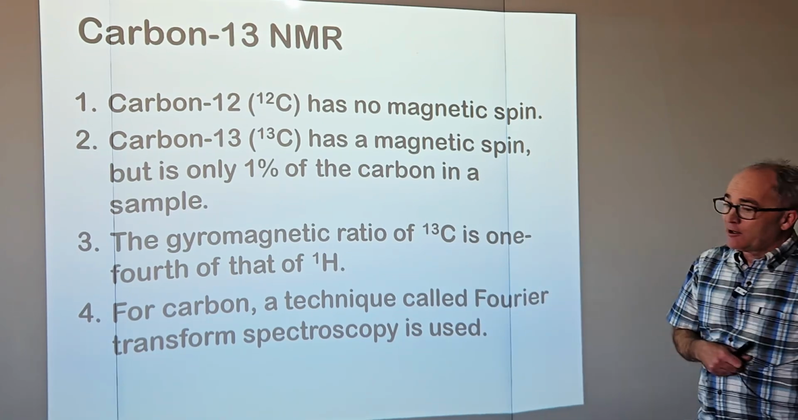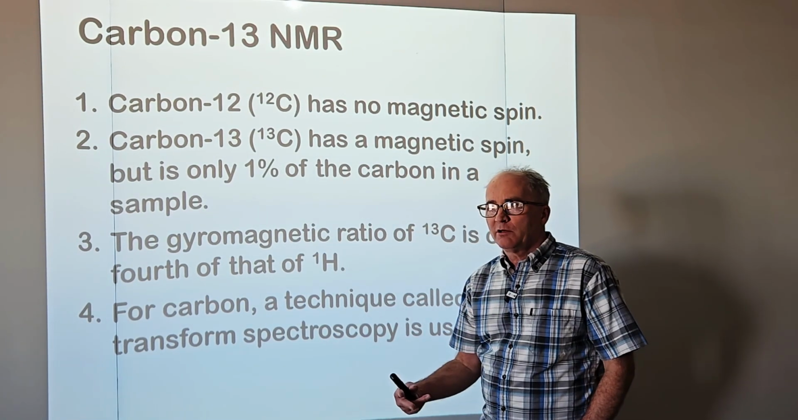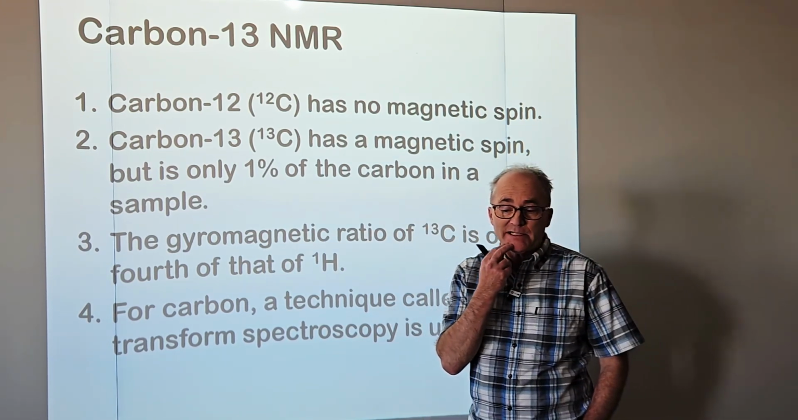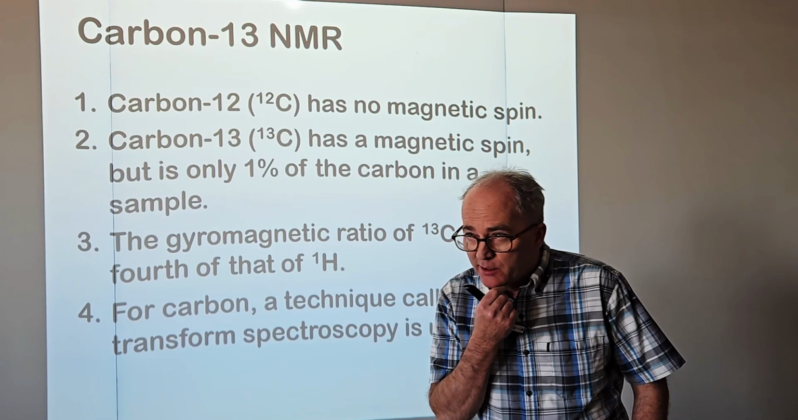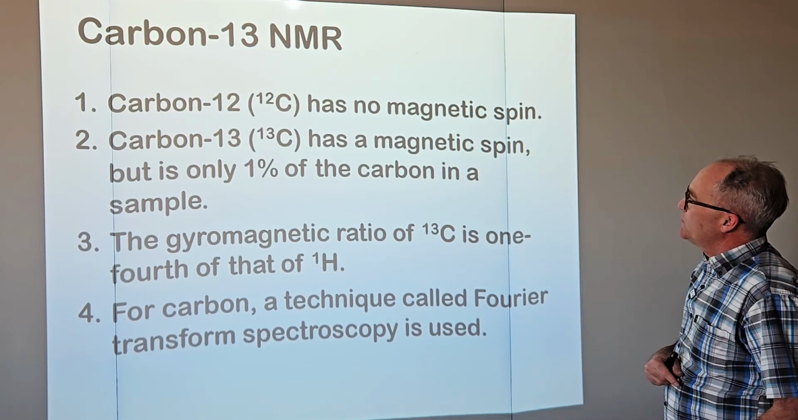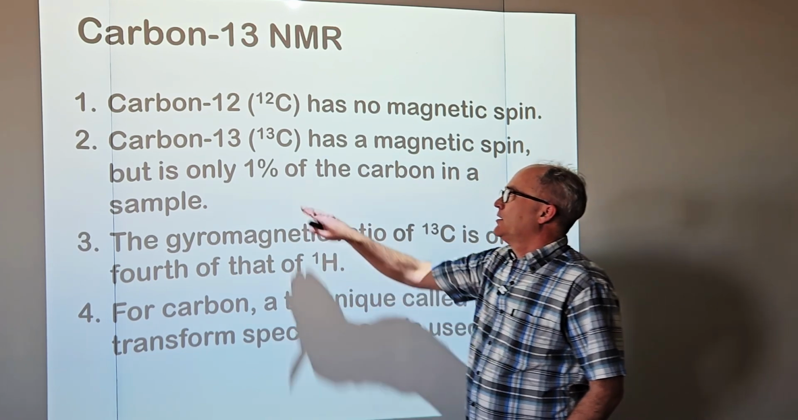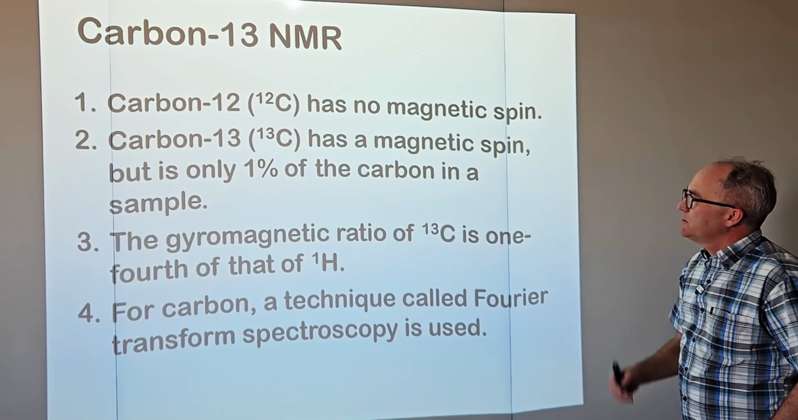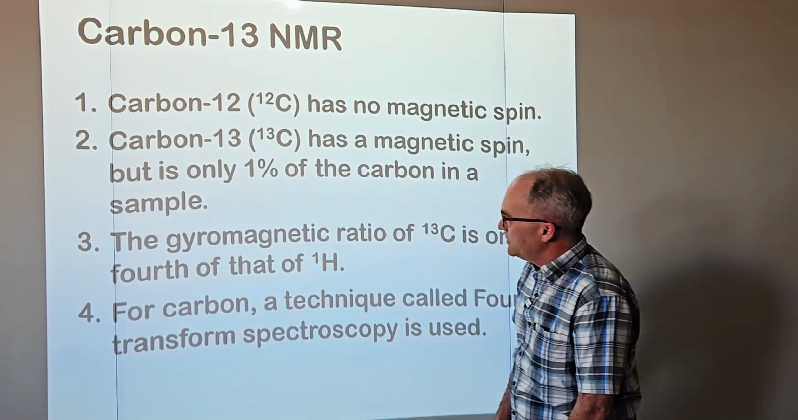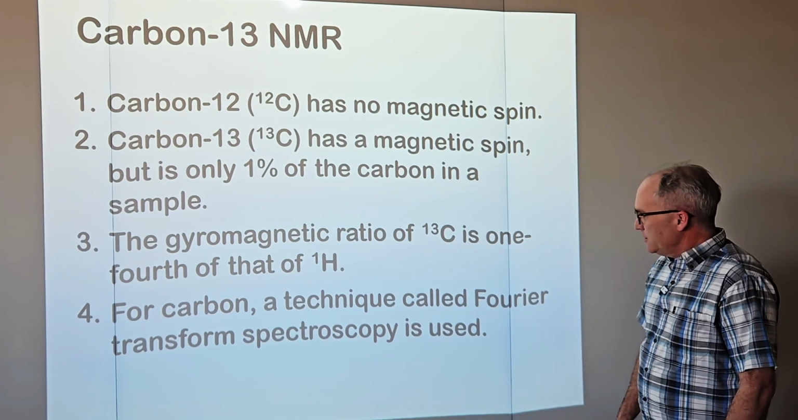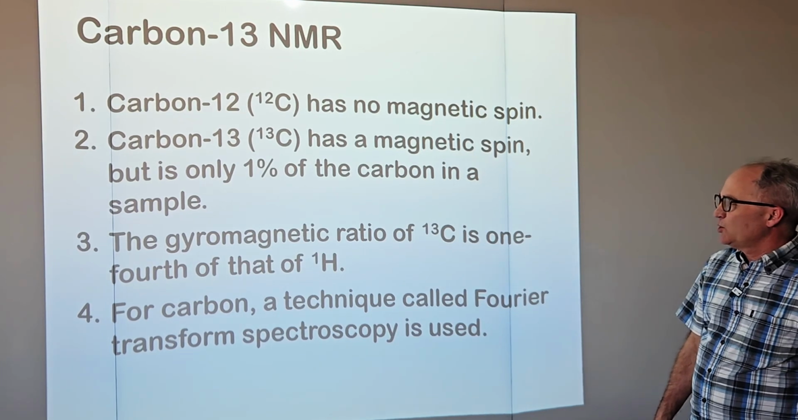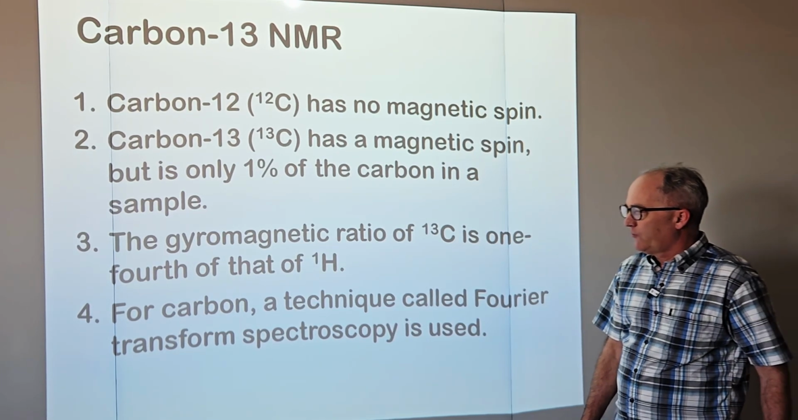Exciting times. Carbon-13 NMR. Recall that anything with either an odd mass or an odd atomic number is NMR active. Carbon at atomic number 6 and mass 12 is not active and has no magnetic moment. Carbon-13, that odd mass number, gives it magnetic spin. Unfortunately, only 1% of carbon is carbon-13, and to add insult to injury, the gyromagnetic ratio of carbon-13 is 1/4